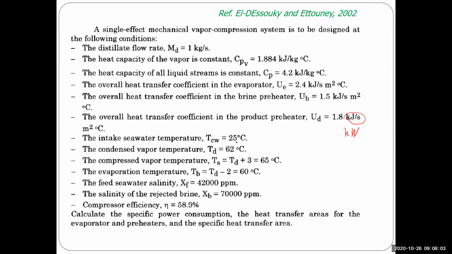The intake seawater comes in at a temperature of 25 degrees centigrade. The distillate is at a temperature of 62 degrees centigrade, which is the condensed distillate. The degree of superheat in the compressor is 3, so Ts is equal to T distillate plus 3. The brine saturation temperature is 2 degrees less than the distillate, so it is 60 degrees centigrade. The feed is coming at 42,000 ppm, and the brine is rejected at 70,000 ppm. And finally, the compressor efficiency is